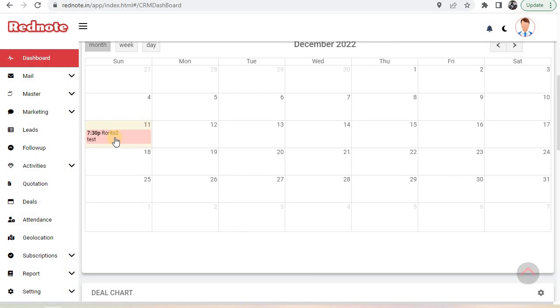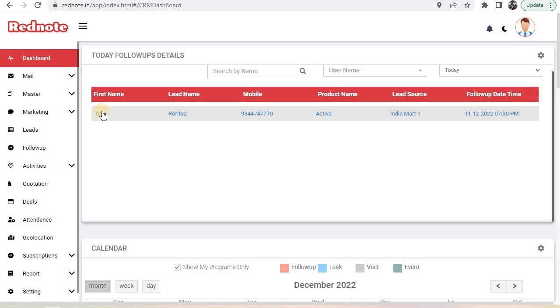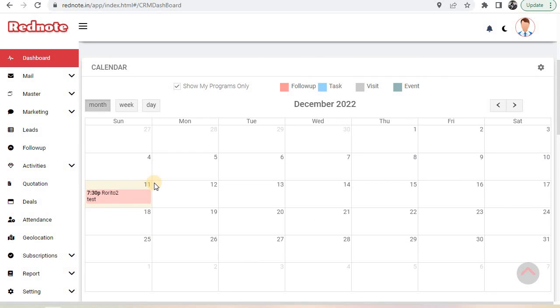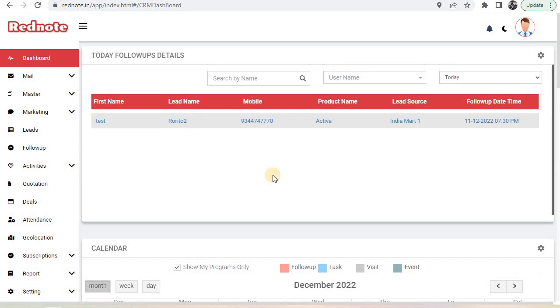So this is my today's follow-up. As I added today's follow-up, I have set it as 7:30 p.m. So it is showing 7:30 on 11 December. That's all about